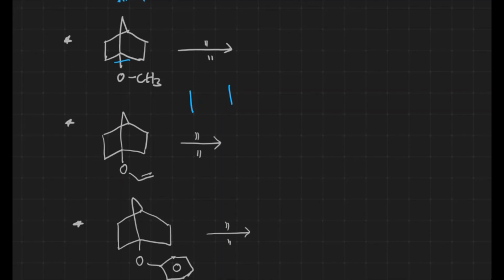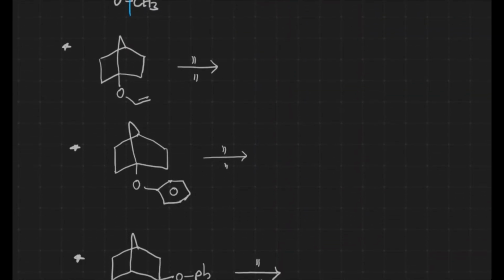But what can we expect over there? We can expect methyl iodide. We can expect this bond breaking to take place, and the remaining part turns into alcohol, because there is no bond breaking over there. And what happens? We'll get methanol over here. Then here, a vinyl group won't undergo nucleophilic substitution reaction, and this bond won't break over there,